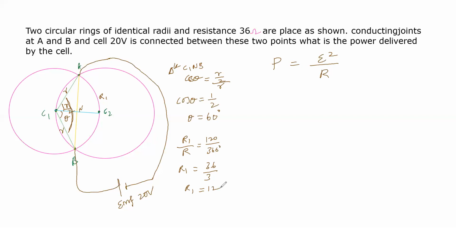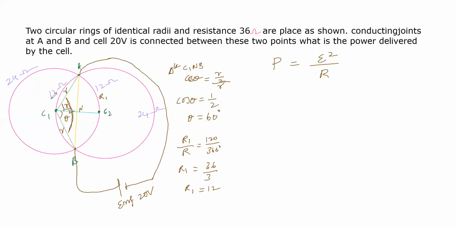That means we are getting the part resistance as 12 ohm. This is also similar, so this is 12 ohm. Totally this is 36 ohm. With this 12 ohm, the remaining value becomes 24 ohm, and this value also becomes 24 ohm. Now see here, this 24 ohm, 12 ohm, 12 ohm, 24 ohm, these all are in parallel. First we take 12 ohm and 12 ohm in parallel, and we get 6 ohm.